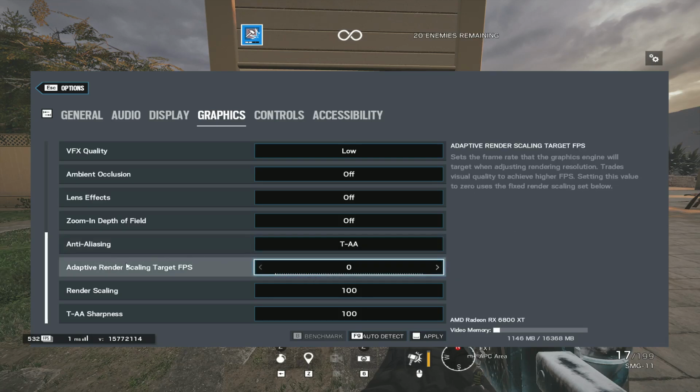Now, if you're on Vulkan, which I do recommend, I do not recommend playing on DX11. The reason I played on DX11 on my old computer was because it crashed on Vulkan. It was just really, really weird. Sometimes it wouldn't crash, sometimes it would. And I noticed it especially crashed a lot on certain maps. On some maps it ran perfectly fine, on some maps it started lagging. So that's why I started